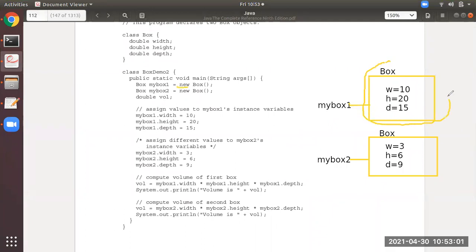Okay, this thing. And the name of that memory will be this Box, as you can see here. Inside that, whatever is there in this class Box, there are three variables: width, height, depth. So it will have width, height, and depth. Okay, I hope you have understood.